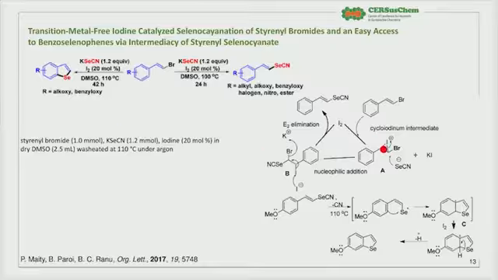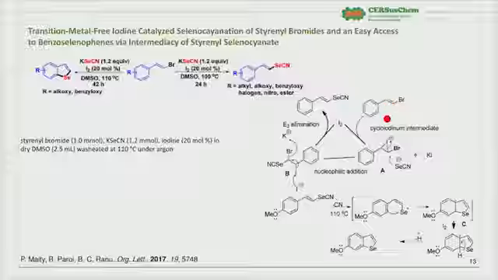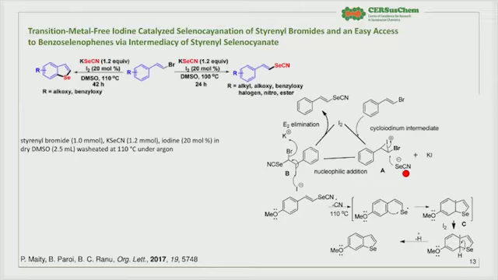The mechanism they propose begins with iodine reacting with the double bond of the selenyl bromide, forming the iodonium cations. This three-membered ring is attacked by the cyanide, resulting in intermediate B. Now, intermediate B, depending on the reaction conditions, for example, a short reaction time at 100 degrees centigrade,